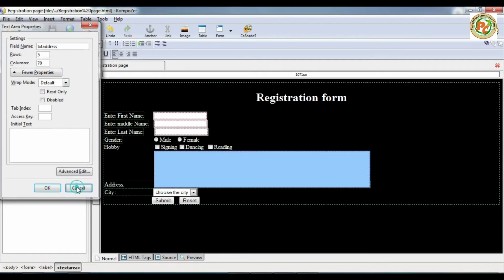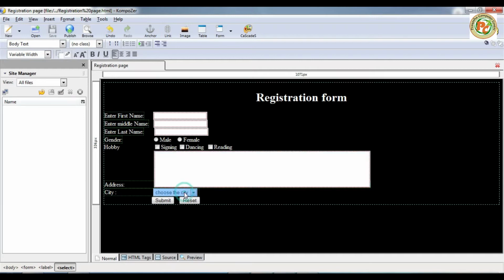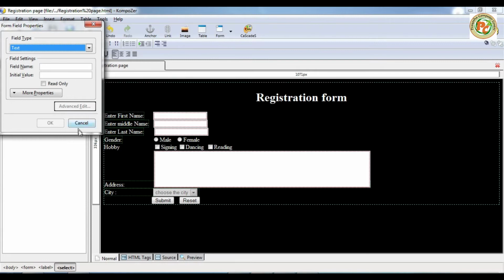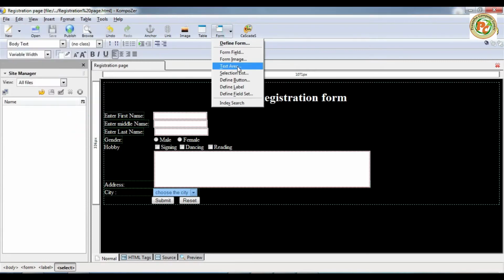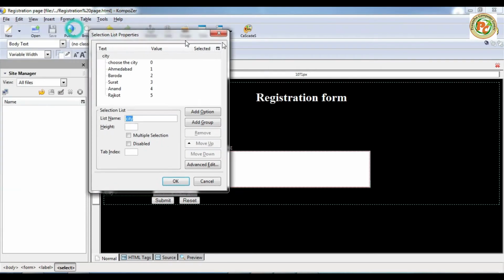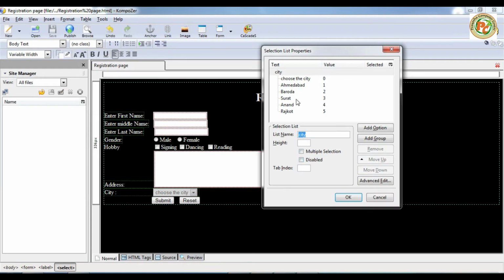Similarly for the selection, click on it and you can select the selection list here. In this we have added Ahmedabad, Baroda and other cities. But here we have added another item, which is choose the city, at position 0.